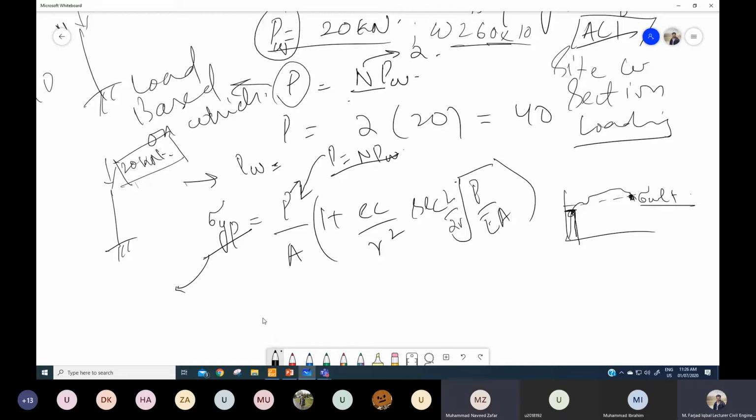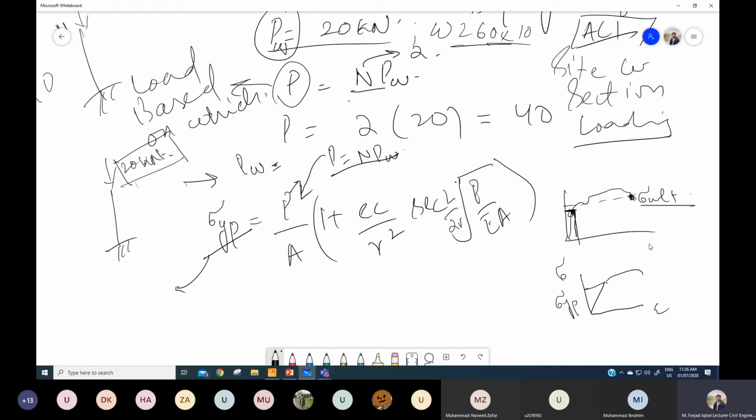So these are the concepts. ग्राफ में Yes. सिग्मा yp जो है, ये जो फर्स्ट डॉट है ये वाला होगा. Yes, yield stress is obviously over here where the stress strain curve is linear. This one. If this is the stress and this is the strain, so this over here is sigma yp.